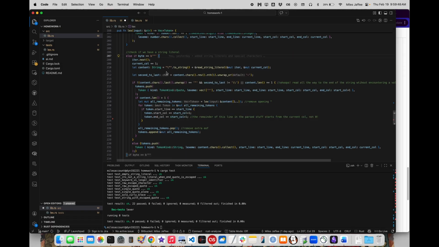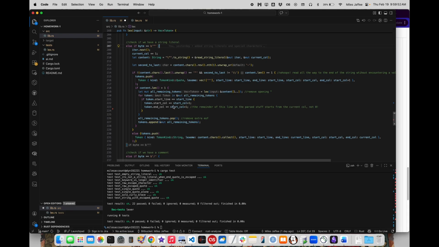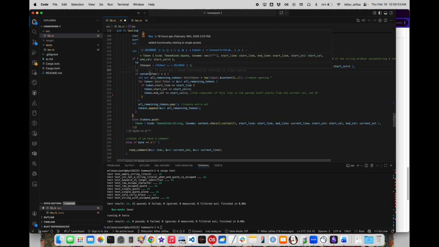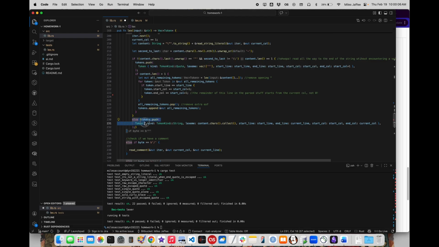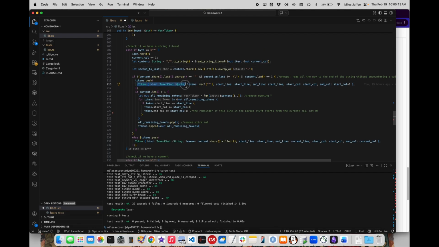When we're checking for string literals, this was definitely the most difficult part to implement, and not even something that I necessarily needed to implement. But I felt like including, in addition to the functionality that was shown in Lab 2, the ability to have a singular quote, as specified in the documentation. Normally when the parser for a string literal sees this opening quote, it's going to read until it finds a closing quote. So I implemented checking for a singular quote with no closing quote, or at least no valid, non-escaped closing quote,